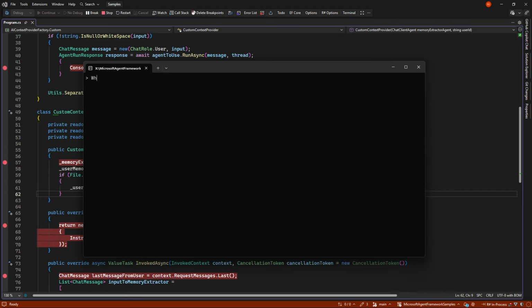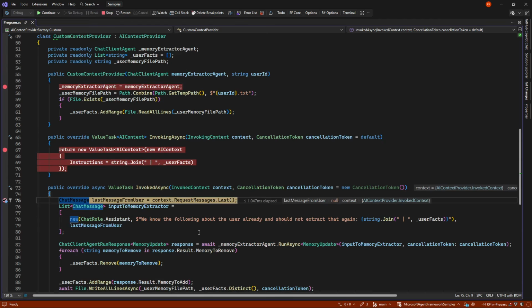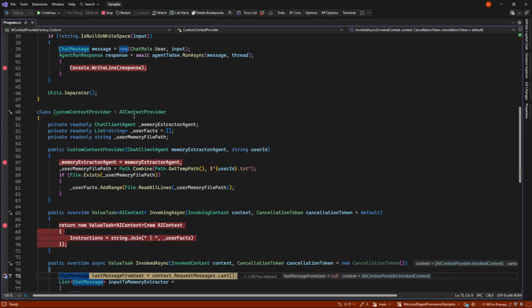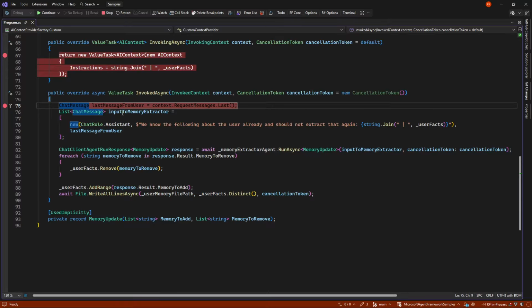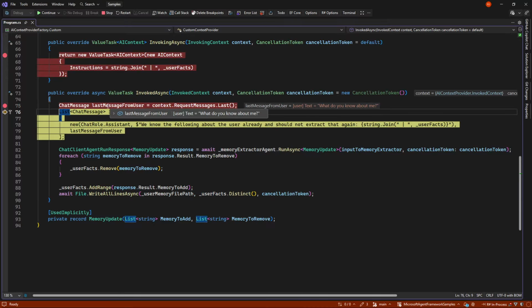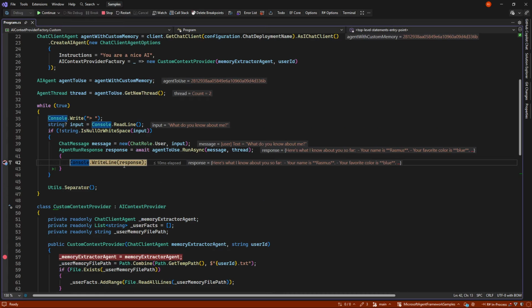And when I say, what do you know about me? Again, it will go in on the fly, and give the 3 user facts up front. And again, this could be done by making the agent grab this, but this is a nice way of making something that works for every agent about the user facts, for example. And in this case, it will not grab anything new out of memory because it was just a question and not something worth remembering.